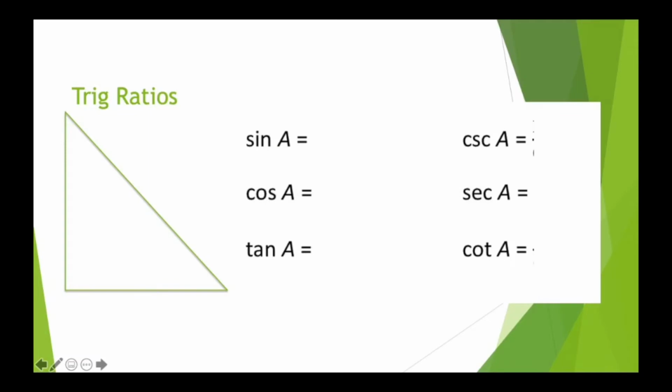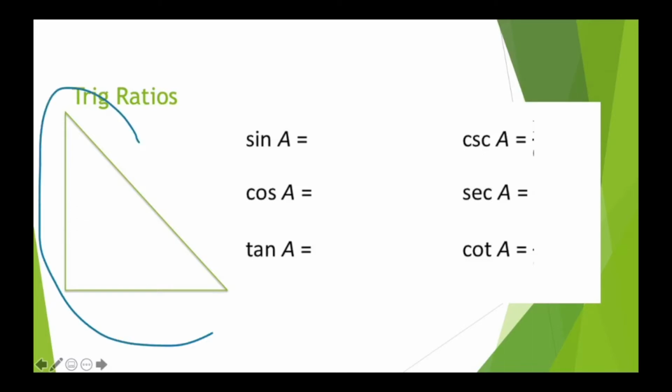Now we're going to actually talk about the trigonometric ratios. Sine, cosine, tangent. Those are the abbreviations for the first ones over here. Then we've got cosecant, secant, and cotangent. We're going to give each one of these